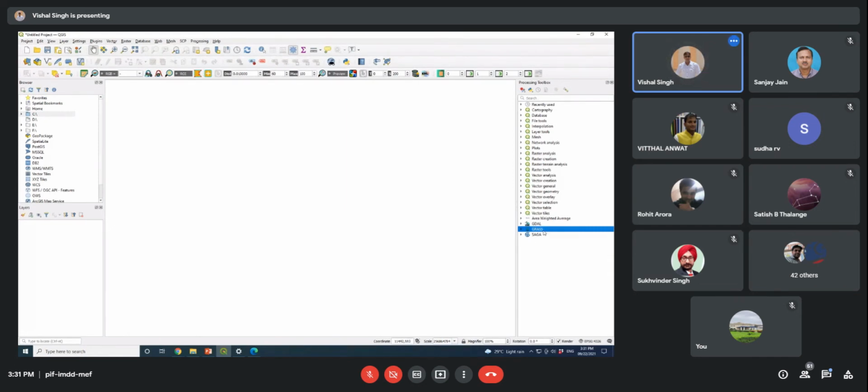So you can use these two software independently, and you can perform the vector and raster data processing tasks in these two software.